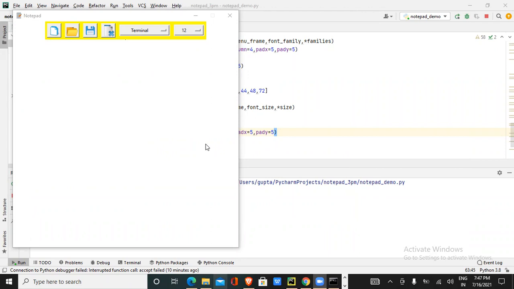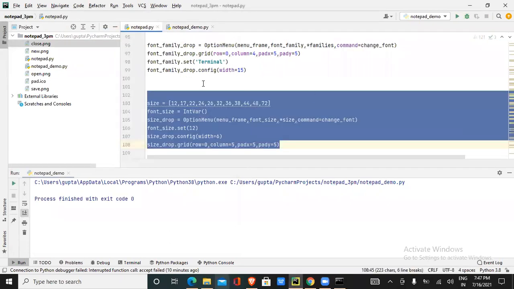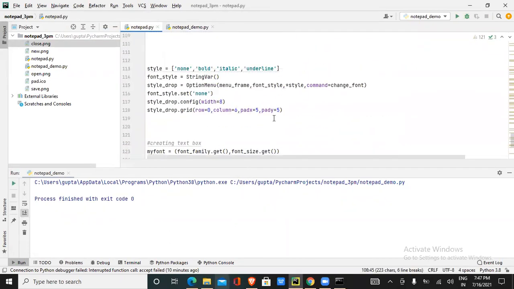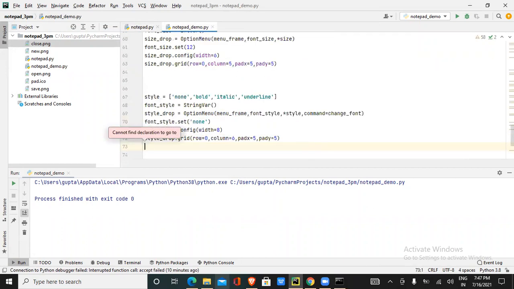Yeah, so now the last drop-down box, for bold, italic and all. Okay, so how to create it? Same procedure. I've taken a variable with the name style, I've taken a list and I've kept the data in string format. So the data is none type, bold type, italic type and underline type.